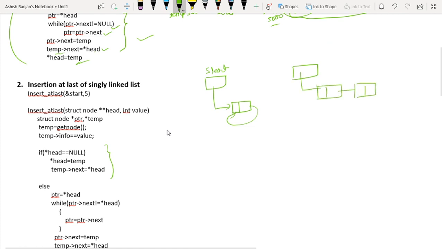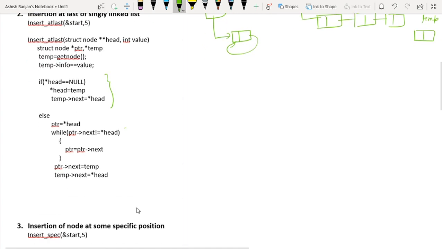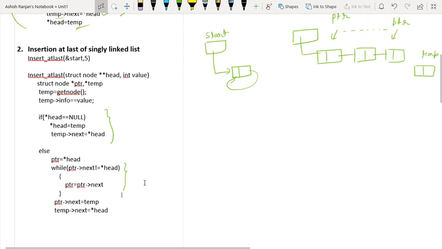Okay. But in the last case, let's suppose we want to insert the node at the last. This is temp. PTR is pointing initially at the first node, and it will start pointing to the last node.